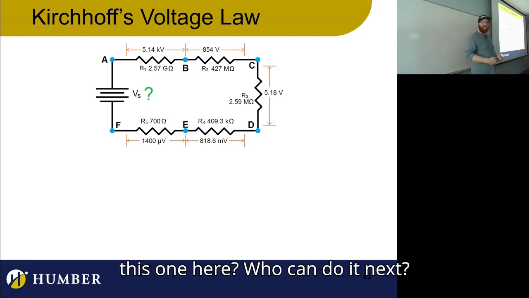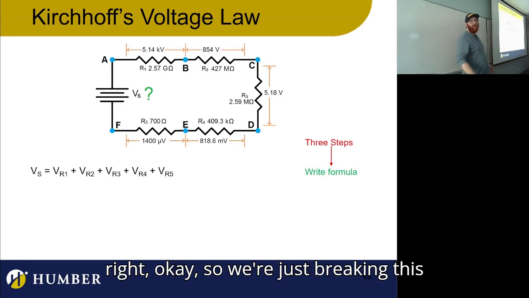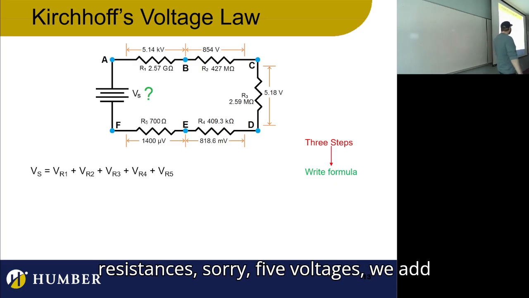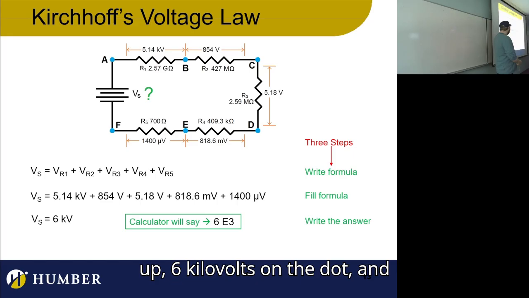Who can do it next? Sorry, this is the same question. All right, okay, so we're just breaking this down. So yeah, we have all the 5 resistances, 5 voltages, we add them all up, and after we add them all up, 6 kilovolts on the dot, and that's gonna be